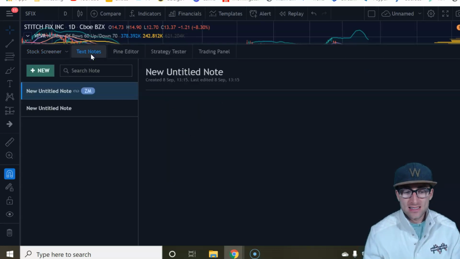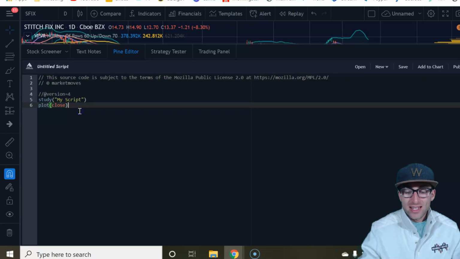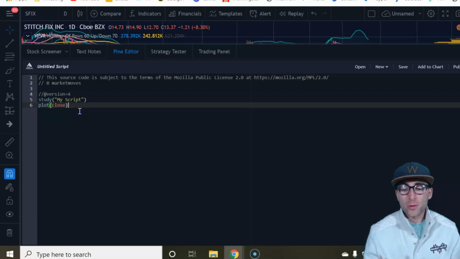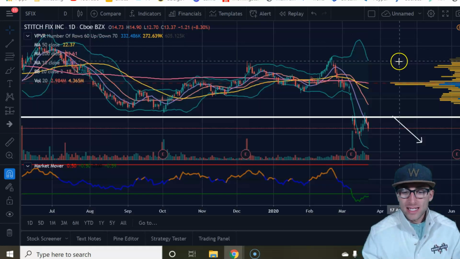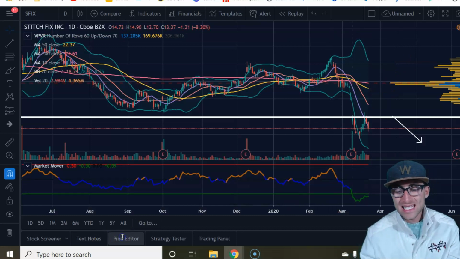Next thing is the text notes. You can add text. You can basically make lists of things on here. I don't use that. The Pine editor. This is super cool. You can script things. This is exactly how I made my only indicator. So basically, the Pine editor is a great way for you to program your indicator, your strategy, and see how it works. On the screen below is the indicator I made personally, and I just did that with 18 lines